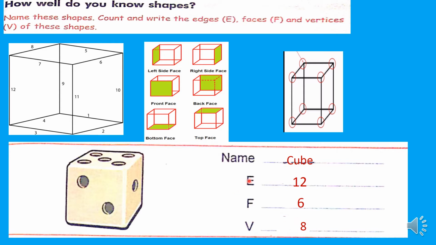I already explained about edges, faces, and vertices. Just recollect all the points I said before in previous videos. Okay. Now we counted already 12 lines. Edges means nothing but lines. Okay. So 12 lines. Faces: left face, back face, right side face, front face, bottom face, top face. 6 faces. Vertices: 2 edges or 2 lines meeting place is a corner. I said already. So 1, 2, 3, 4, 5, 6, 7, 8. So the cube has 8 vertices in total. So in this way we have to complete all the remaining shapes also. Okay, children.